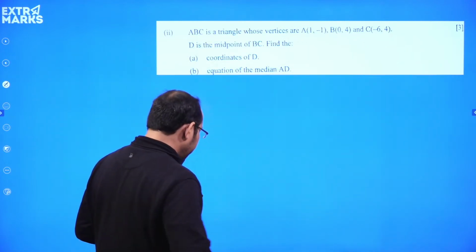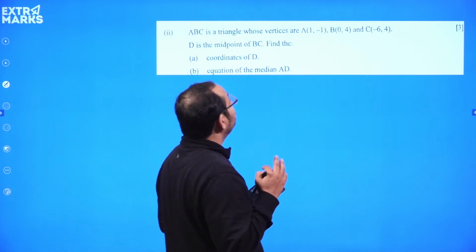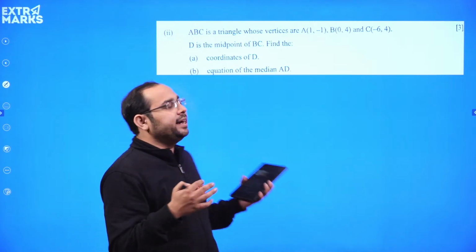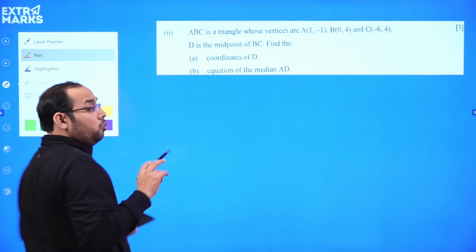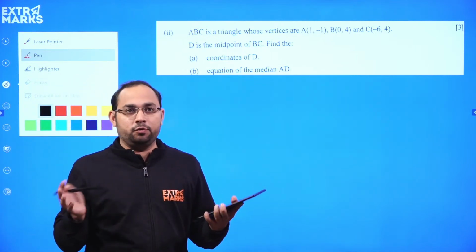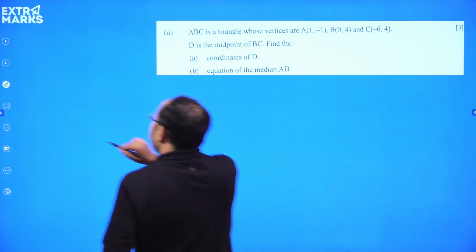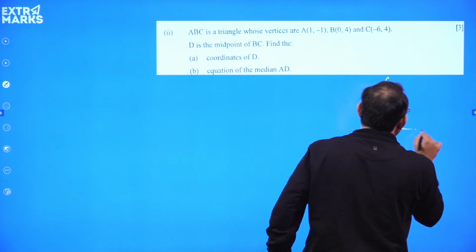Let's see the next question. In this question, what's happening is, ABC is a triangle whose vertices are given to us. D is the midpoint. Find the coordinate and equation. See, this is a very simple question. If we know equation of line and section formula, okay, these are the 2 things required. So if I try and draw this figure, it will look something like this,